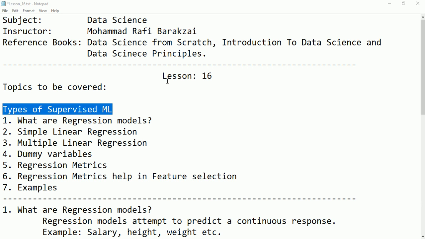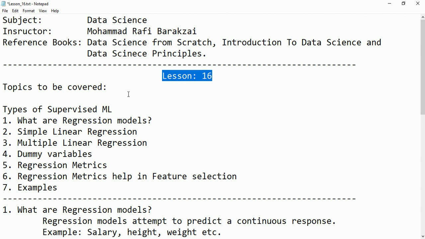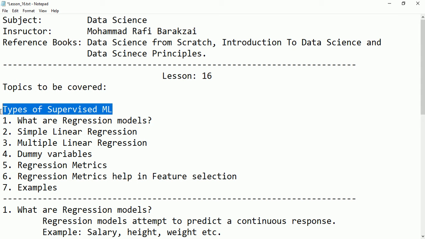Hello friends, this is lesson 16 and here we are going to talk about types of supervised machine learning. In the last lecture we talked about machine learning and we said machine learning is divided into three types: supervised, unsupervised and reinforcement. But in this lecture we are going to talk about supervised machine learning and we are going to cover these